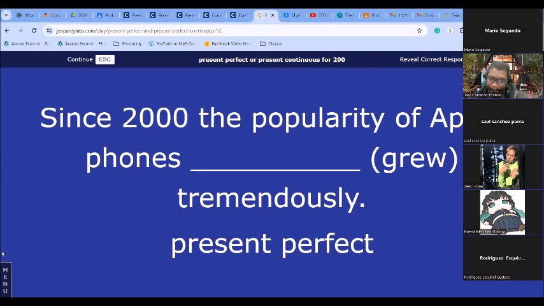Since the year 2000, yes. Since 2000, the popularity of Apple phones have been